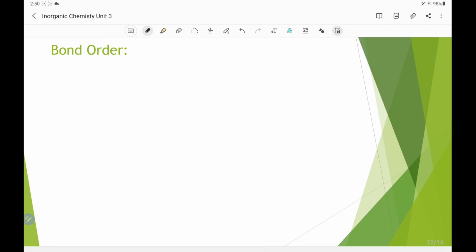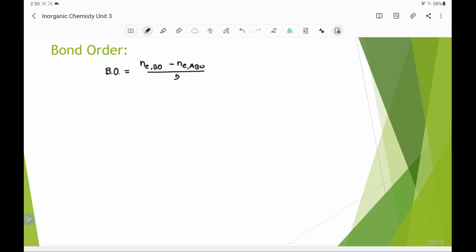Next topic is bond order. In molecular orbital theory, we have defined that atomic orbitals from the various atoms combine to produce the molecular orbitals. And in molecular orbitals, the electrons are distributed in the bonding orbitals and the anti-bonding orbitals. Depending on the number of electrons in these orbitals, we can define bond order, BO, as equal to the number of electrons in the bonding orbitals minus the number of electrons in the anti-bonding orbitals